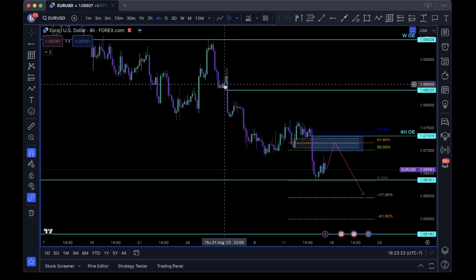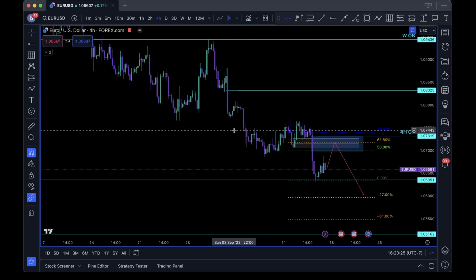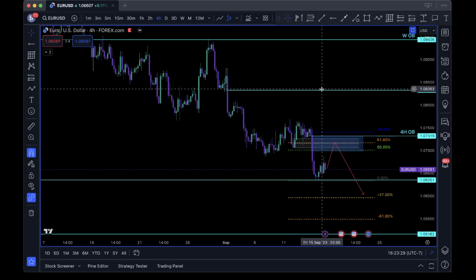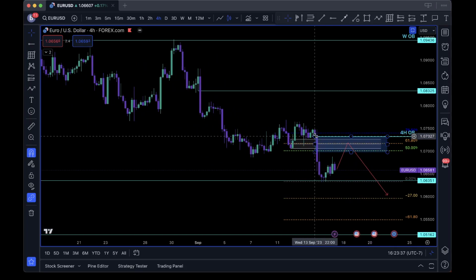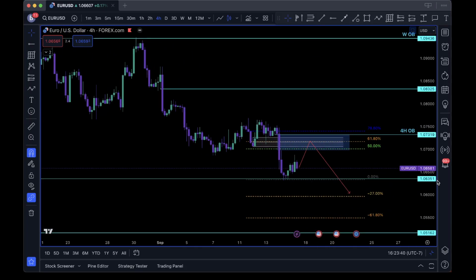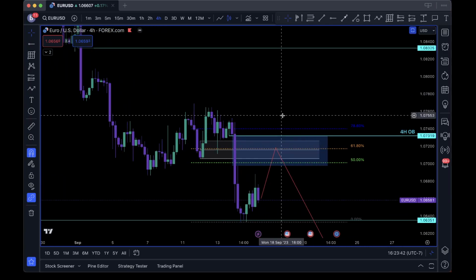I really like this order block because there's a big, massive liquidity void, fair value gap. So the best order blocks again are going to be the point at which price displaced and left a gap in the market, which is why I like this 4-hour order block. Right, this is going to be the first one I go to.